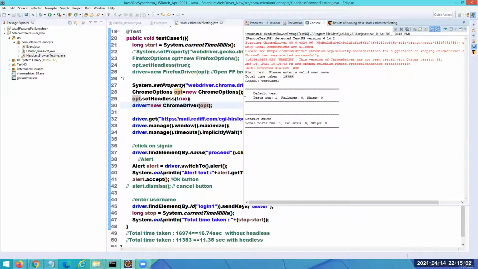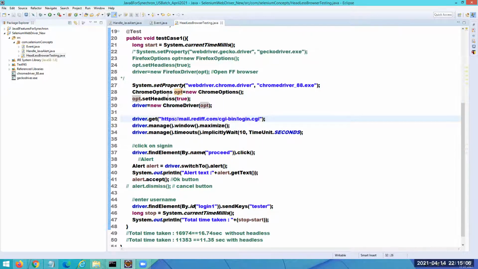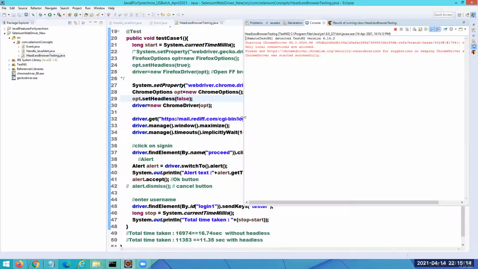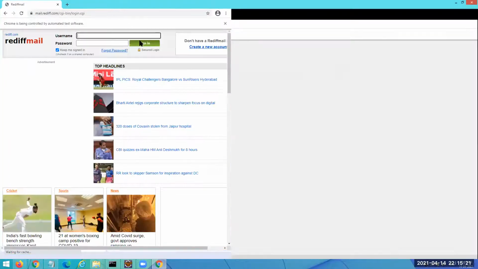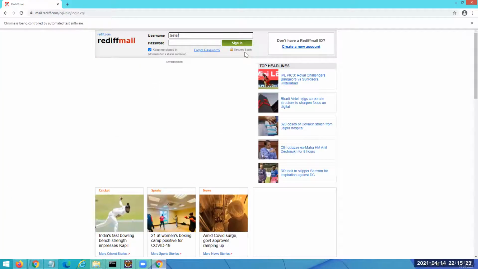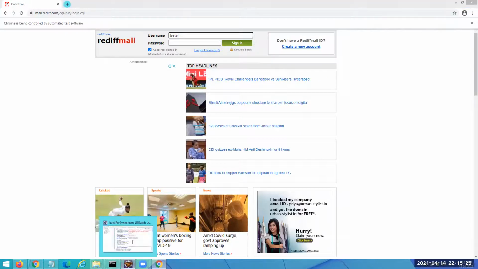If you run the same thing with the Chrome browser, you come to know the difference. If I change this to false, you can see now it launches the browser, and then it's going to give you the results. It's launching the browser, and now you can view everything here. The same thing happened.